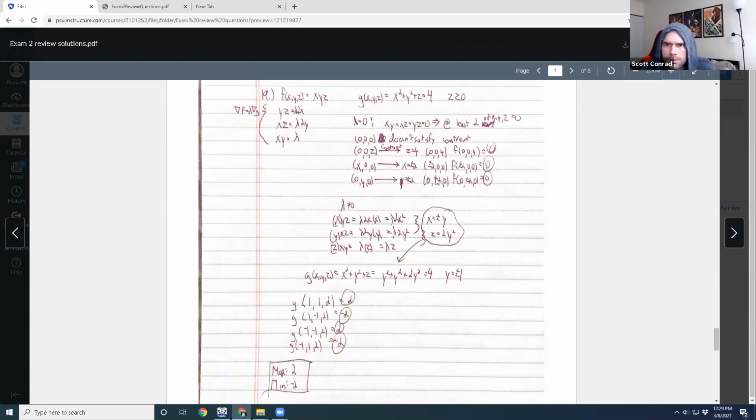So we got those guys. And then when we assumed lambda is non-zero, we got some other points: 1, 1, 2; 1, negative 1, 2; negative 1, negative 1, 2; and negative 1, 1, 2. For all of those, our z is already positive. But even if, so the whole z greater than or equal to 0 thing,